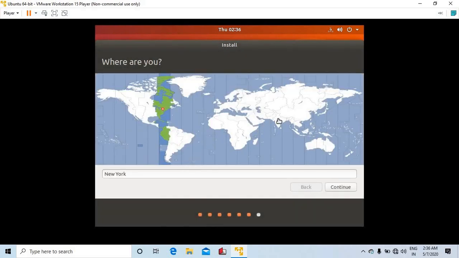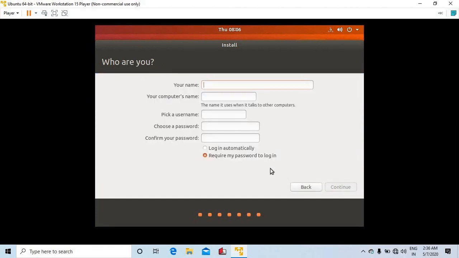So now in the next window you have to provide your location, then click continue. Now here on the next window you will be asked to give your name. Suppose I write my name. Next, give the computer name that you want to.